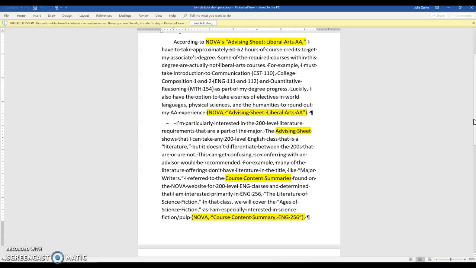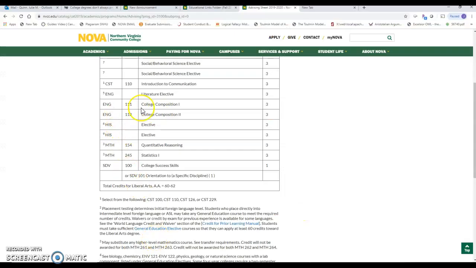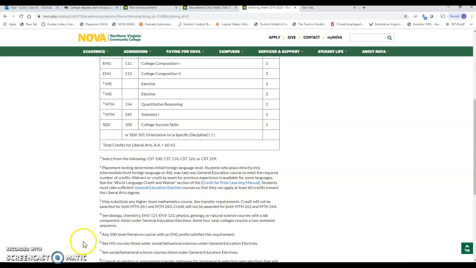I said, I'm particularly interested in the 200 level literature requirements that are part of the major. The advising sheet shows that I can take any 200 level English class that is a literature. So when you go back to the advising sheet, you'll see English literature elective. And do you see this little footnote here? You go down to footnote number 5,